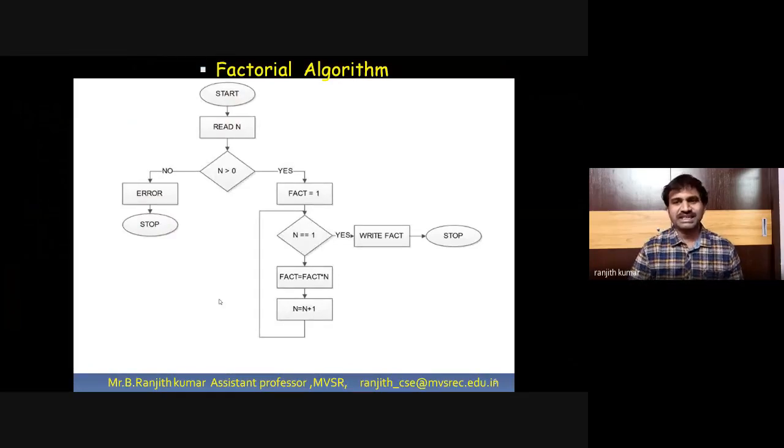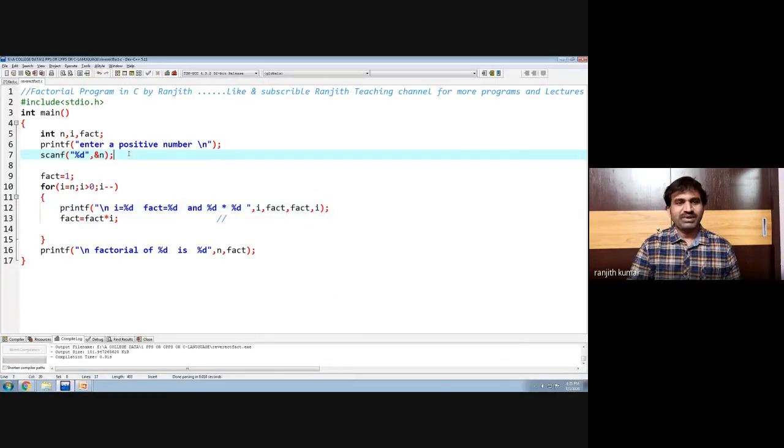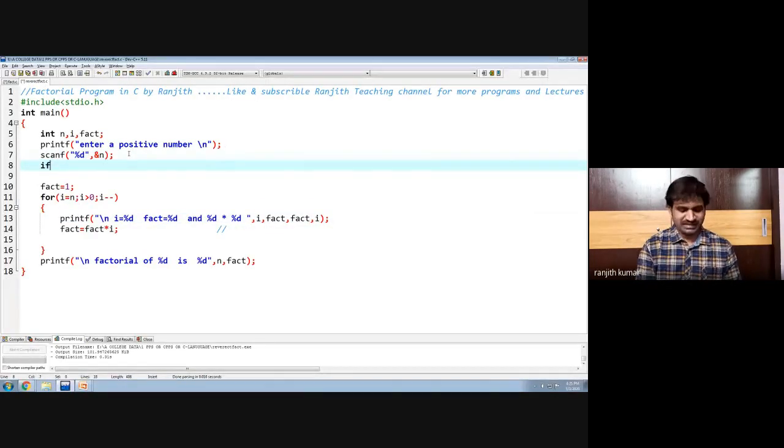Assume that the user is entering a negative value. In the beginning of the program itself, you can check if n is greater than 0, and then calculate the entire process. If n is less than 0, you can print that the n value is negative. So in the beginning of the program, you can check if n is less than 0.